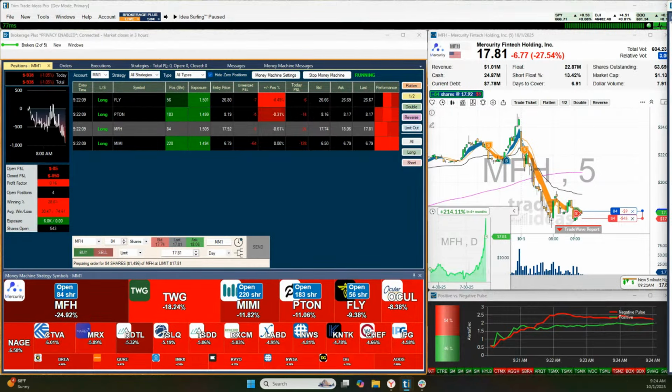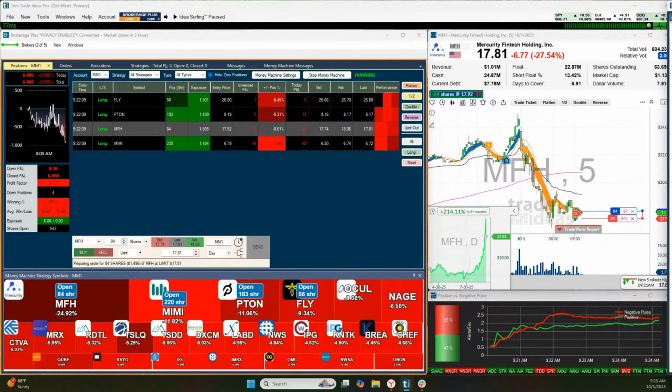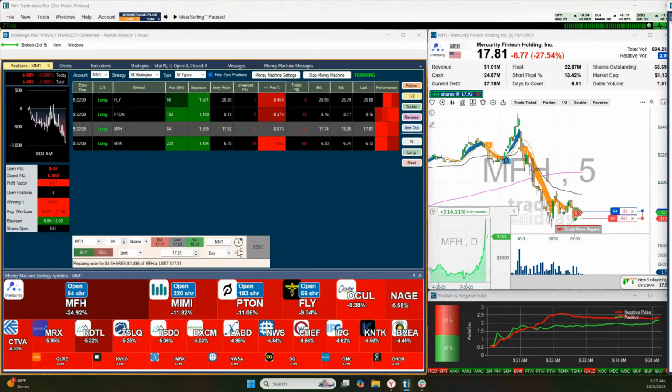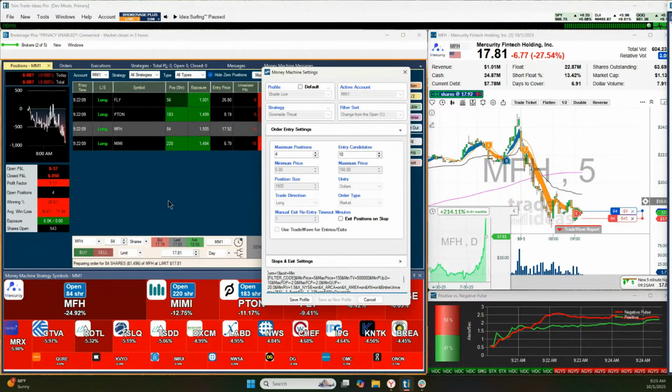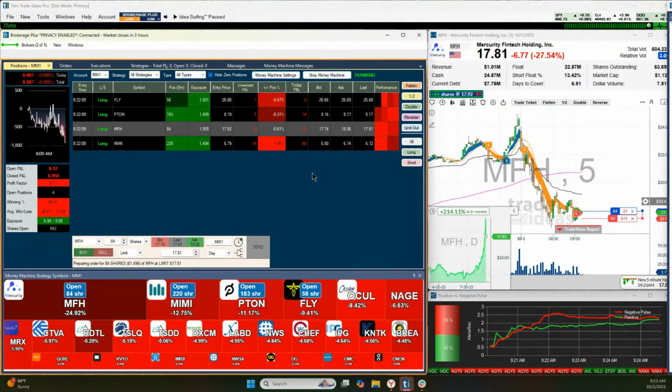You can already do some of that with Trade Ideas alerts and have it automatically execute via Interactive Brokers. You can do that, Pumpy. There's no question about it. But the money machine is just a different way to do it that is easier in a lot of ways, we think. And it also lets us put the settings in here so that we can tap into our own expertise of finding good things that are working based on our own knowledge base. So that's it.